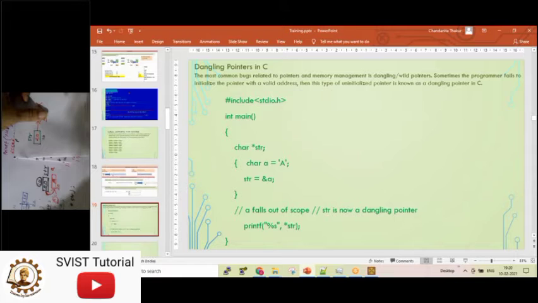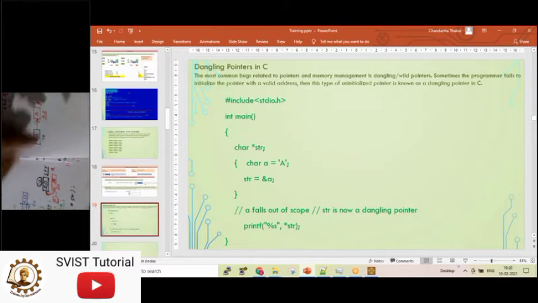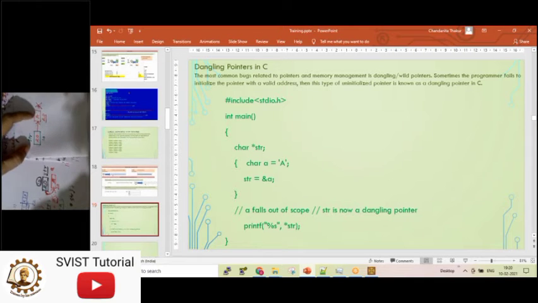If A goes, str will still be holding 20, but 20 is not existing. I'm spreading the hand, the ice cream bowl is not there. So if A is not existing, str will become a dangling pointer which will be holding 20, but the 20th location is deleted. A is deleted.